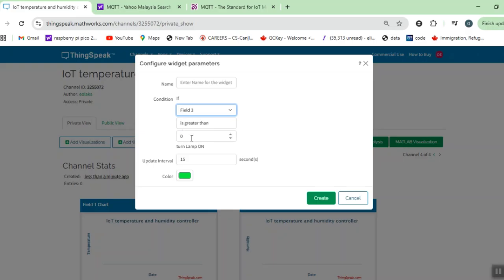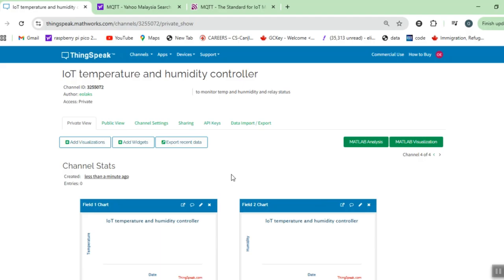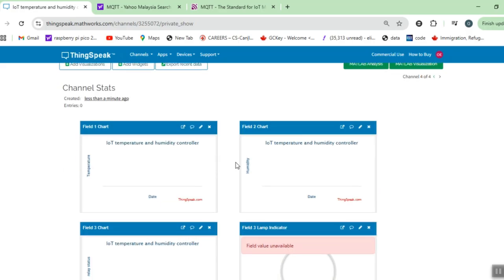So these are the conditions. Once the data received on field 3 is greater than 0, it will turn the lamp on and make the color green. It monitors the data every 15 seconds. So I'll say create. Another thing you need to take note of is the frequency or time interval